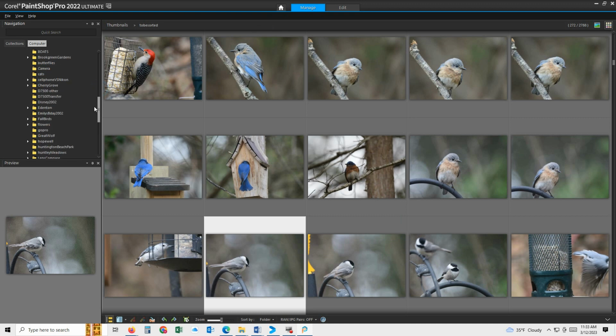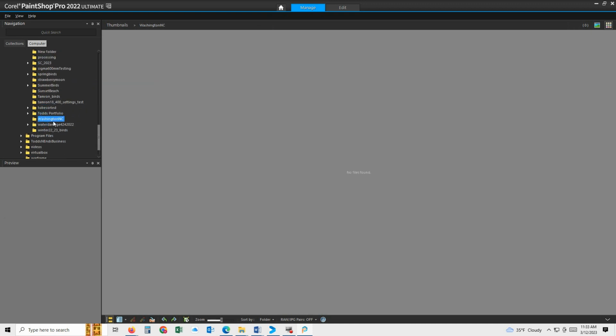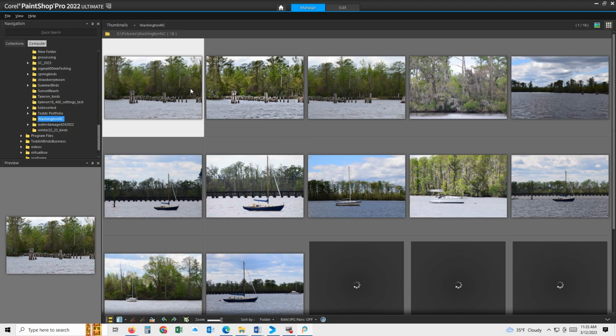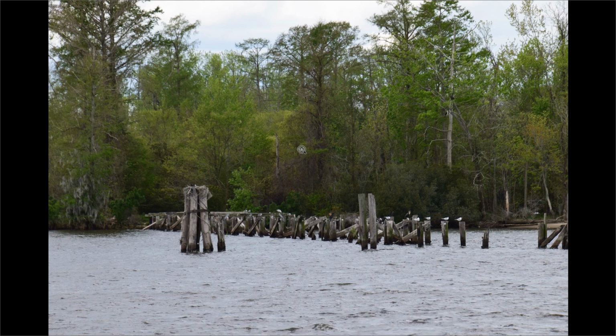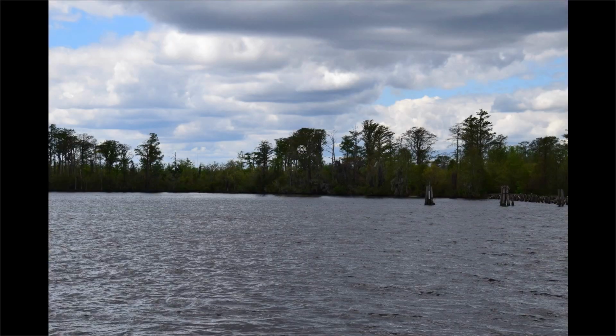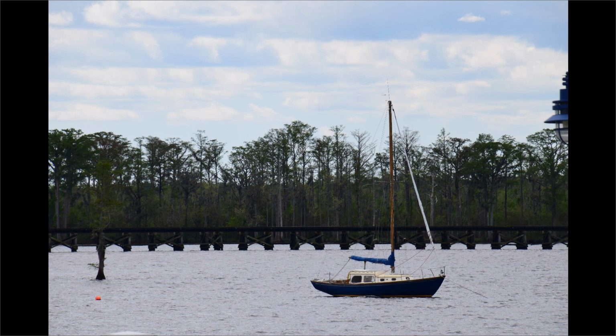And I can go over to the window in the upper left. I can go to a different folder. Let's say I want to navigate into something like the Washington, North Carolina folder. Washington, North Carolina is a coastal town where you can go and take lots of photos like a lot of the coastal towns in North Carolina. They're very picturesque. And this is one that I enjoyed going to visit. And I have a lot of pictures, but